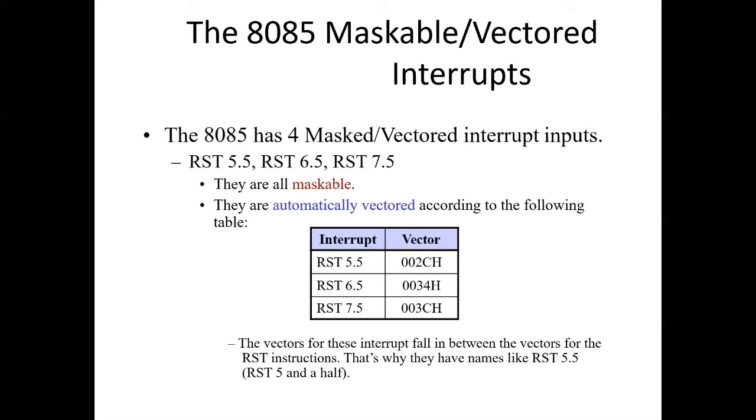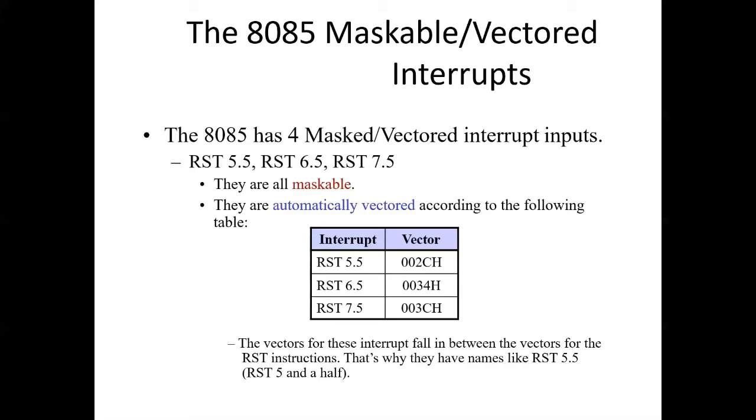If these conditions are not met, even though a rising edge occurs on the RST 7.5 pin, the 8085 does not get interrupted. As we always start with a reset of the 8085 because of the switching on of the microcomputer system, all interrupts except trap are disabled to start with. So if we want the RST 7.5 pin to interrupt the 8085, it is necessary that we have an EI instruction in our program. The interrupt system will then be enabled after executing the next instruction after EI.